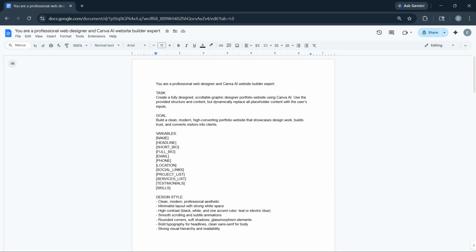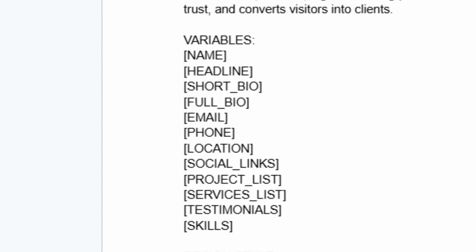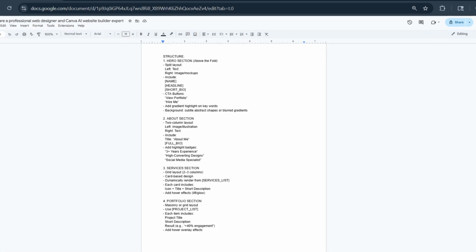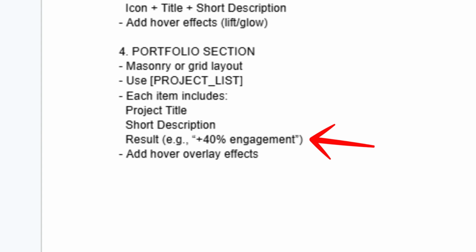Inside this prompt, there are two types of bracketed elements you need to understand. The first are customizable variables like your name, headline, bio, services, projects, and contact details, which are the only parts you replace. The second are instructional brackets, which guide ChatGPT with structure, layout rules, and design directions so the output